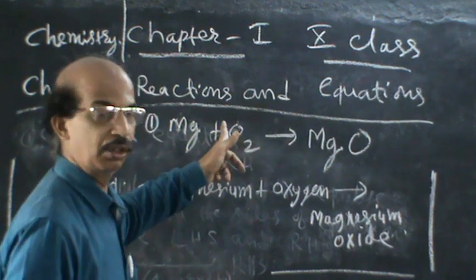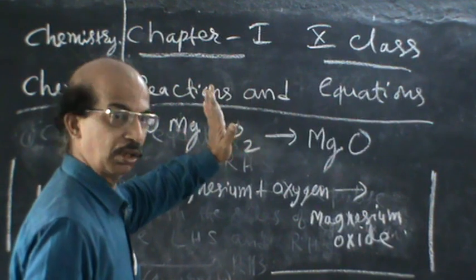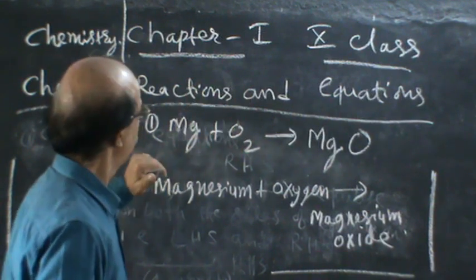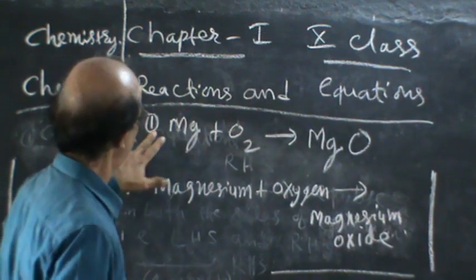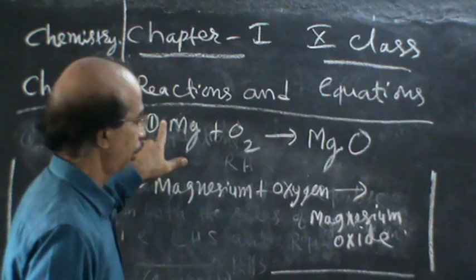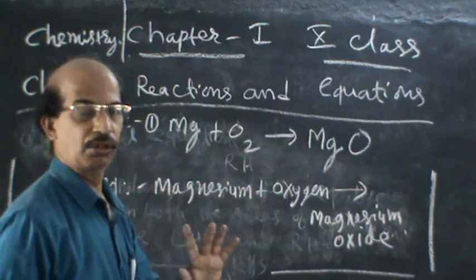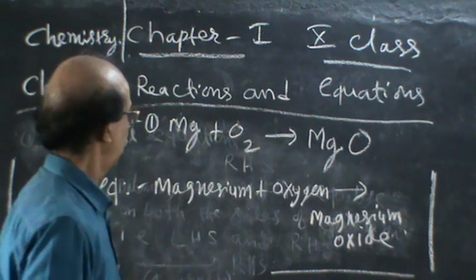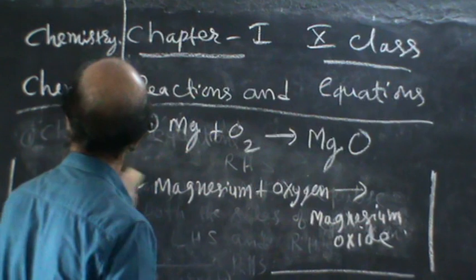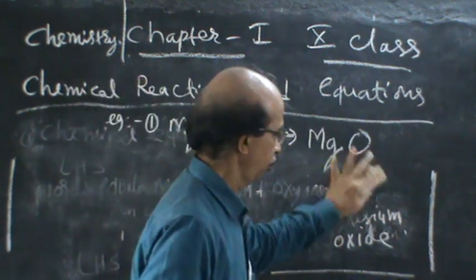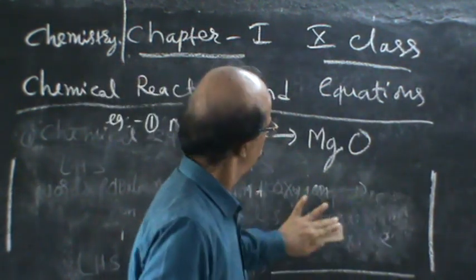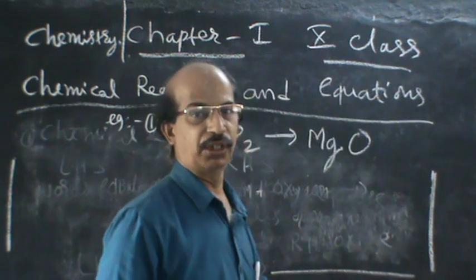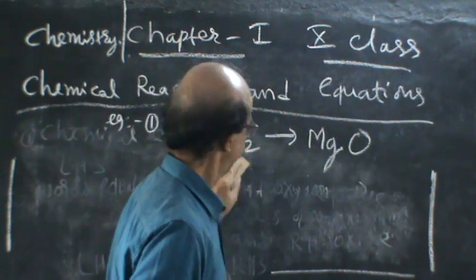Only on the left hand side, whatever number is there on the line, that number should be changed. For example, here 1 is there. If there is no number, think that there is 1. If there is no sign, think that it is multiplication always. If there is plus, you have to add. No number means multiplication. Let us start balancing.